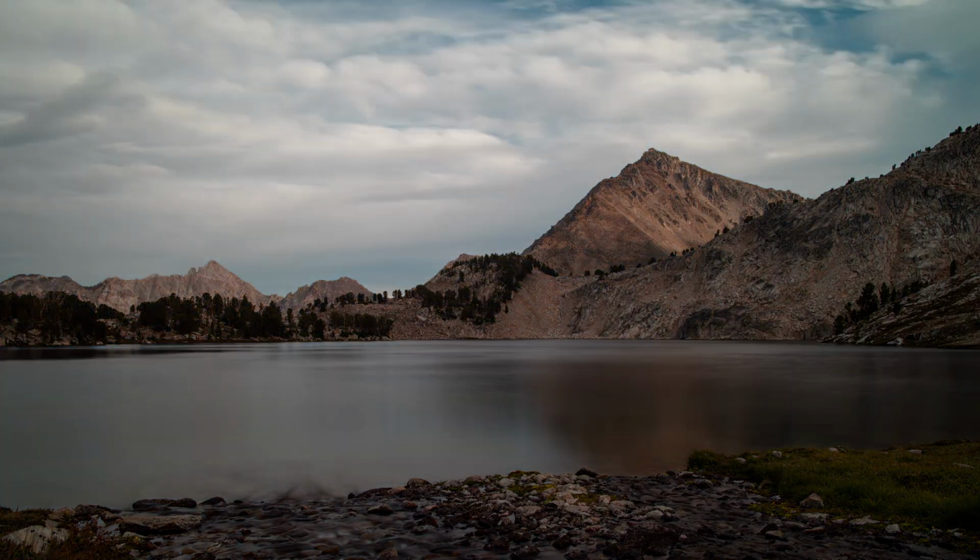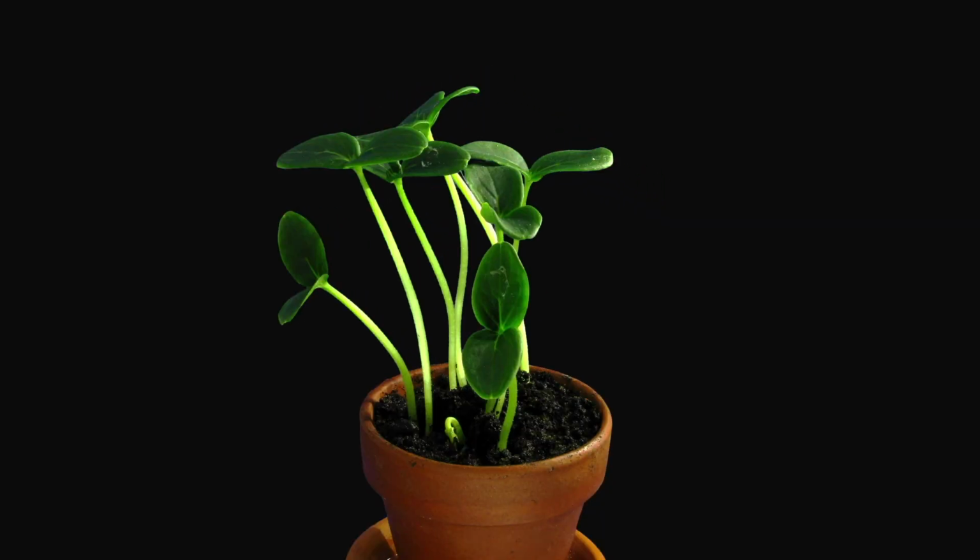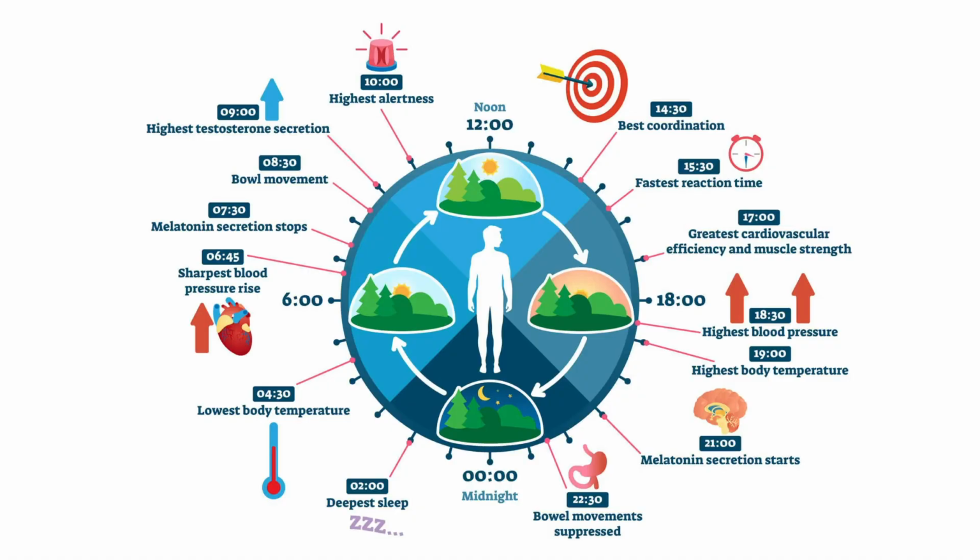Circadian rhythms are physical, mental, and behavioral changes that follow a 24-hour cycle. These natural processes respond primarily to light and dark, and they affect most living things, including animals, plants, microbes, and us, humans. This is what a basic circadian rhythm looks like for humans. It covers a whole day and is usually represented as a circular diagram.